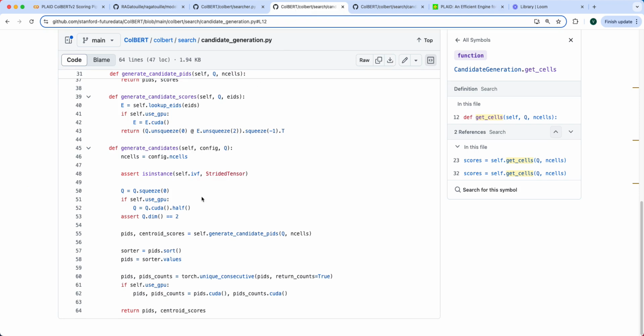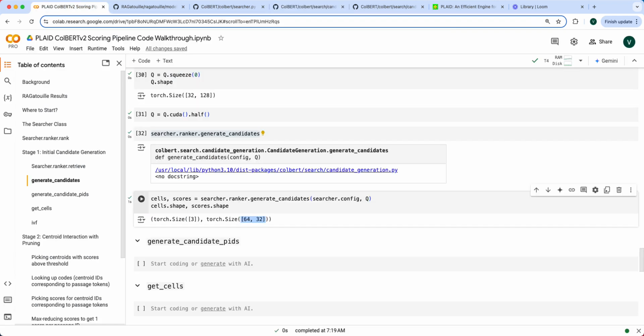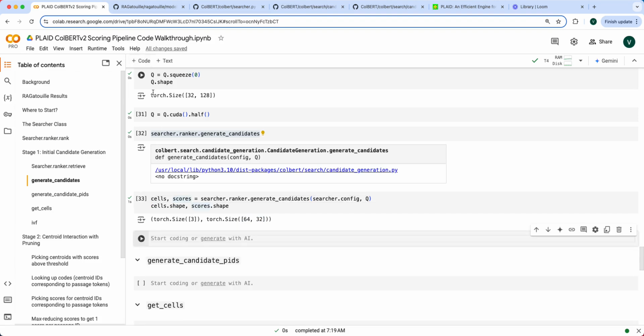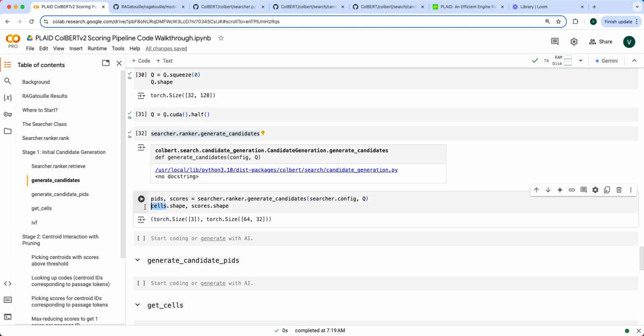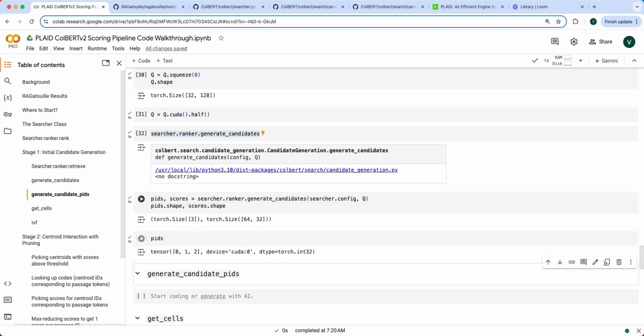So if we go here, that's what I'm doing with generate candidates. So it's PIDs and centroid scores that are getting returned. And then I should name this PIDs because that's what they name it. And those are the PIDs that I'm dealing with, right? 0, 1, 2. Okay, one more thing that I want to do